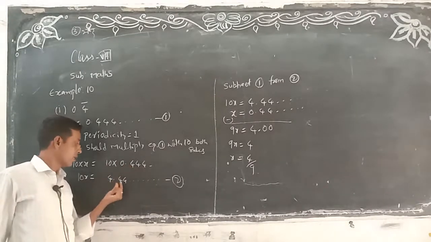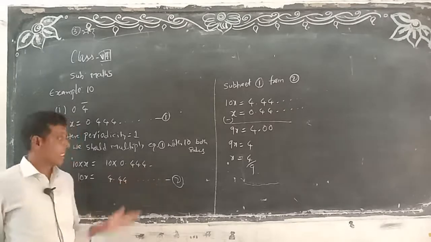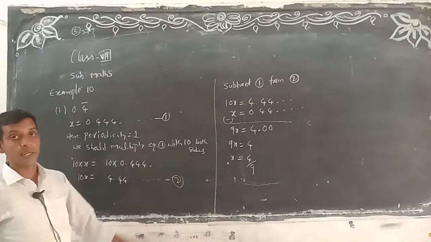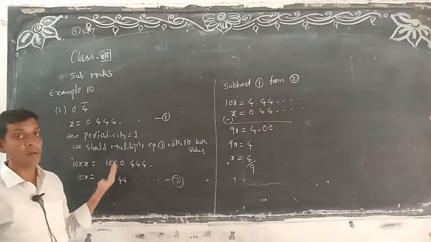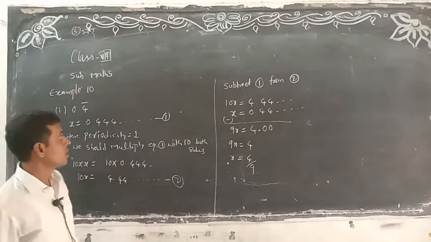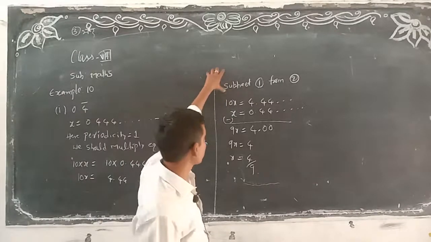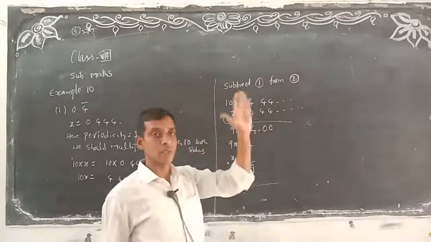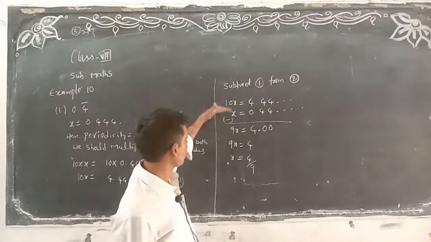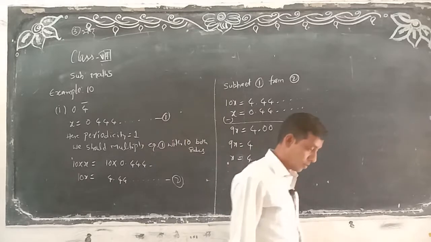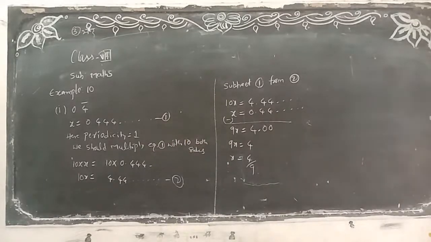Next, 4.444. Coming to the problem with two numbers, we will get 100; then I will show how to multiply the points with 100. Subtract, compulsorily, the 1 from 2. In this problem you have to subtract equation 1 from 2. So you will get it through this process. Okay, next problem.